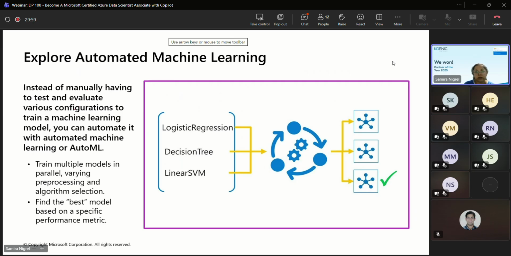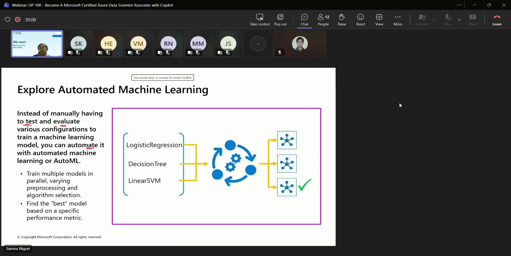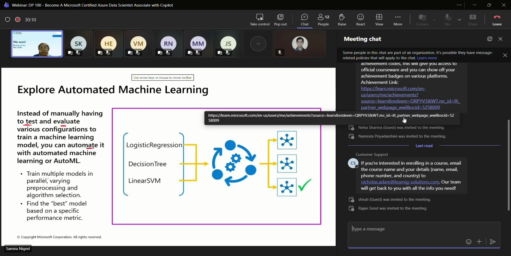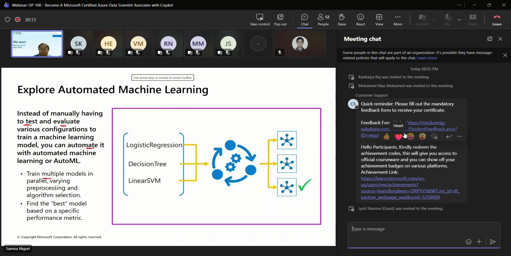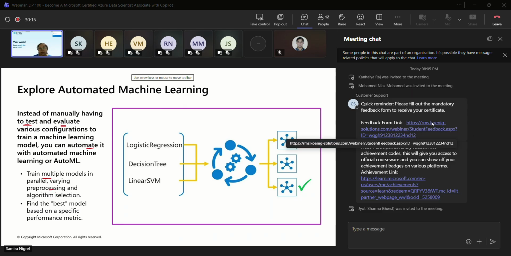When you are exploring automated machine learning, rather than manually testing or evaluating various configurations, automated machine learning can help you do that. Multiple models will be trained in parallel, with varying pre-processing and algorithm selections. So it's kind of hyperparameter tuning, and it provides you the best model for the data you passed and the metric you have specified.